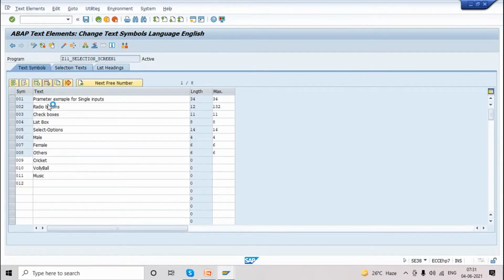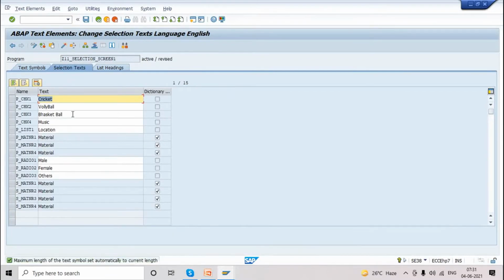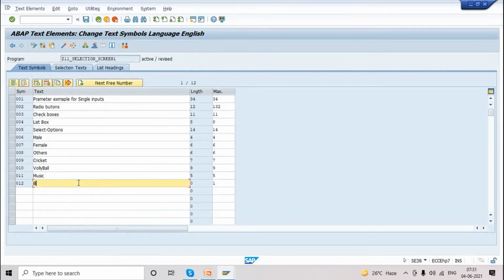I think I changed the order, no issues. See, max length it took automatically. I'll put some more. The length is 0.